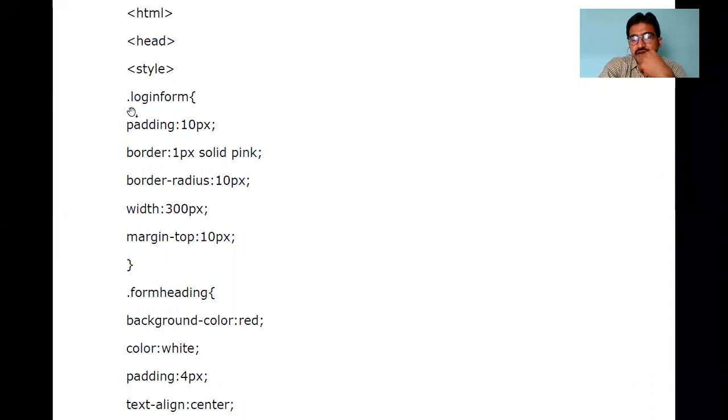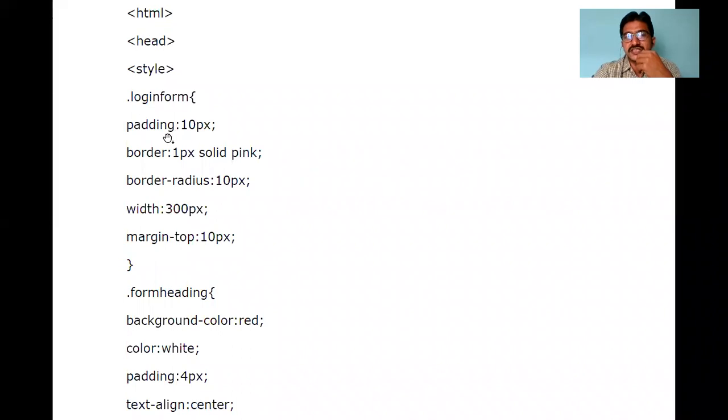Wherever, like in most of the elements you have seen, the attributes include class. Hope you remember. For pre, div, and span, most elements have attributes like class, ID, lang, and style. Now we have an attribute called class. For whichever element you use class equal to login form, that style will automatically be applicable.